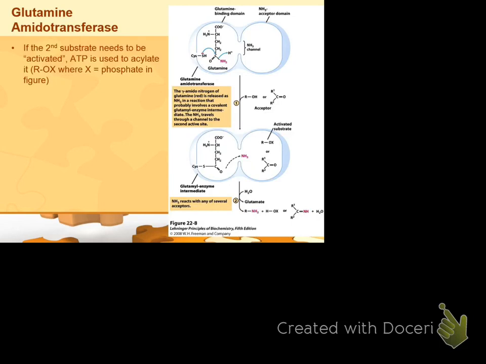All right. And so it binds the glutamine. Let me just do it this way. It's easier for me to write on it. It binds the glutamine within the glutamine binding site. And then we have that cysteine that acts as a nucleophile. Okay? And just like what we've seen in the past, in organic chemistry, what's it going to smack into? The carbon of the carbonyl. You form, it's not showing it here, but you form that tetrahedral intermediate.